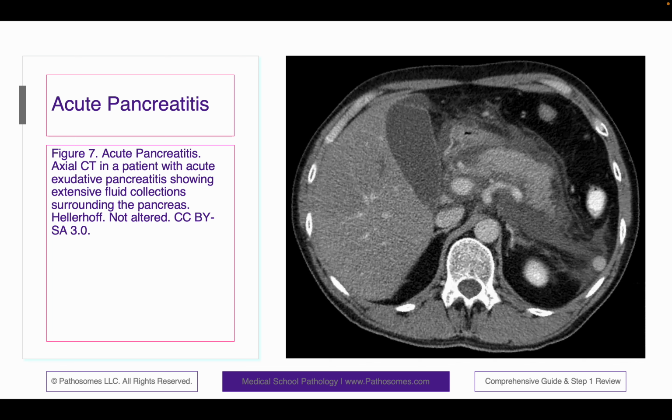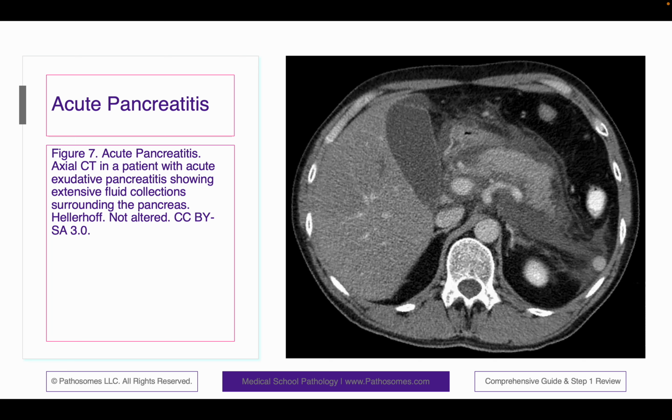Now let's switch gears a little bit here and discuss chronic pancreatitis. Chronic pancreatitis is the fibrosis of pancreatic parenchyma. The most common cause of chronic pancreatitis is recurrent acute pancreatitis. And some clinical signs of chronic pancreatitis that you must know include back radiating epigastric discomfort, pancreatic insufficiency,